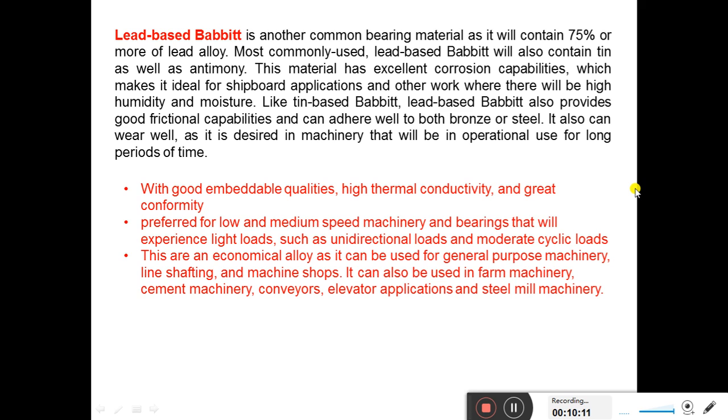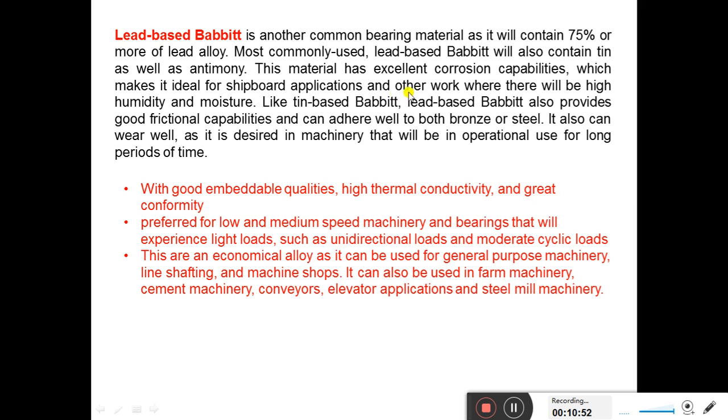Lead itself, we already know, is a self lubricating metal. When compared to steel, copper and others, lead is self lubricating. There is no need for another lubrication process. Clear? It is itself producing self lubrication. And of course it is not hard when compared to the previous one. The previous one is a very hard material, that's why it is used for heavy load carrying capacity. When compared to tin based, this is a soft material.